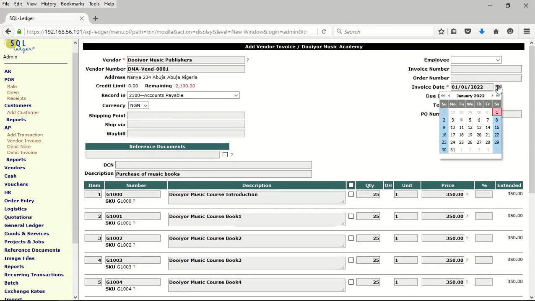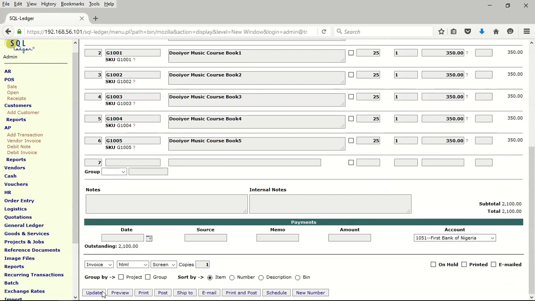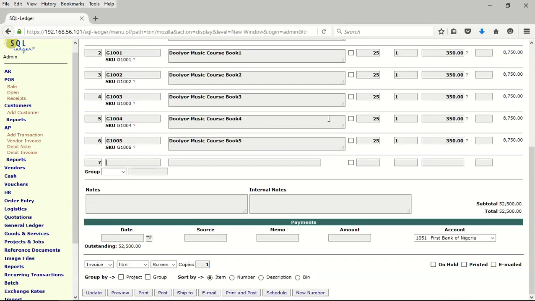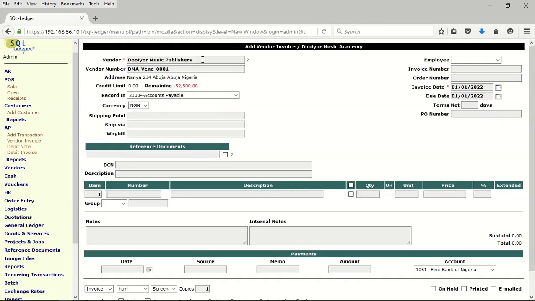We can put the date as, let's backdate it to November. Once we click on update, the total will be given to us. This is the amount we are buying from Doyo Music, 25 copies each. And once we click on post, the software will post. Let us go ahead and check the other one,